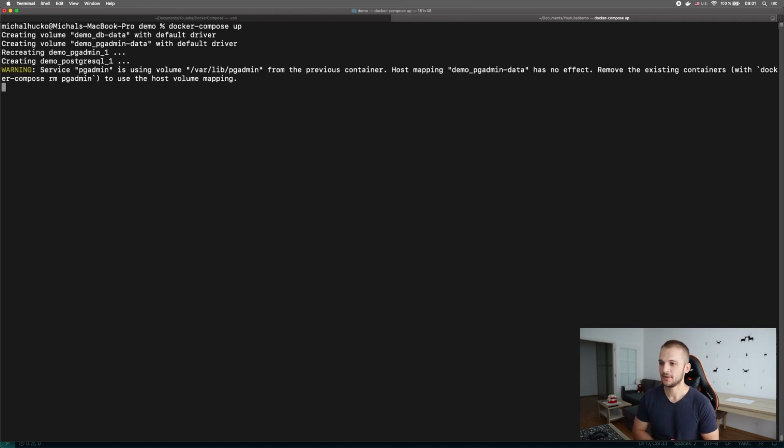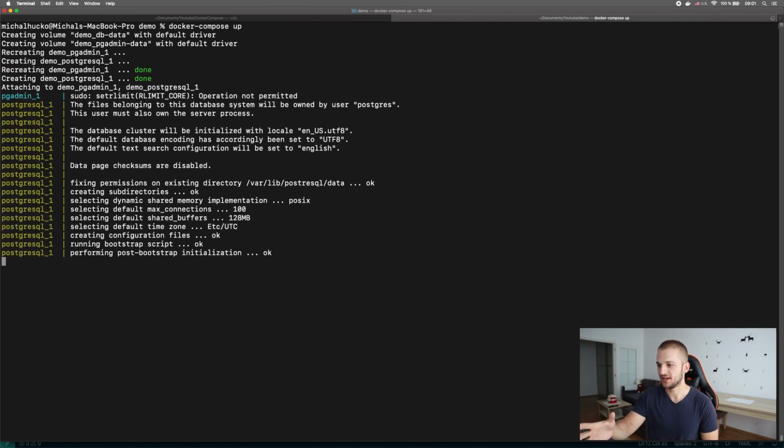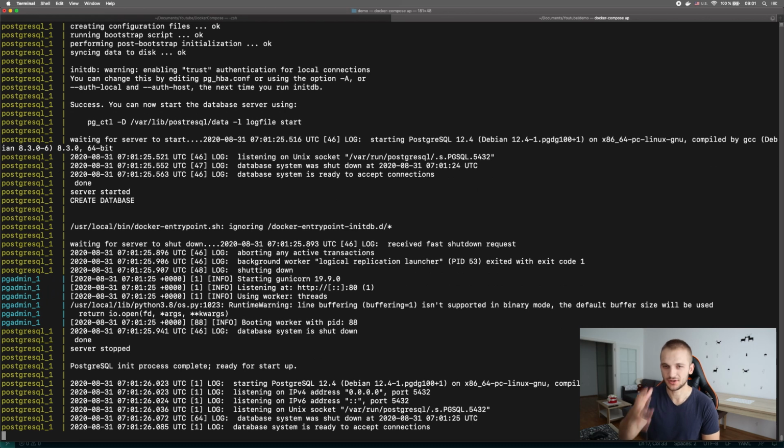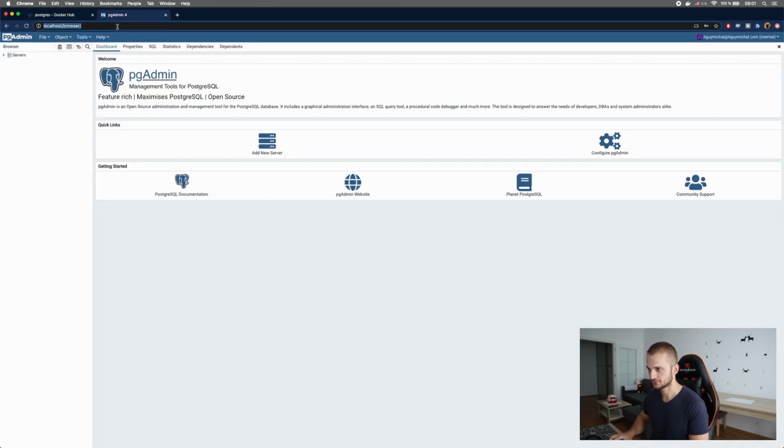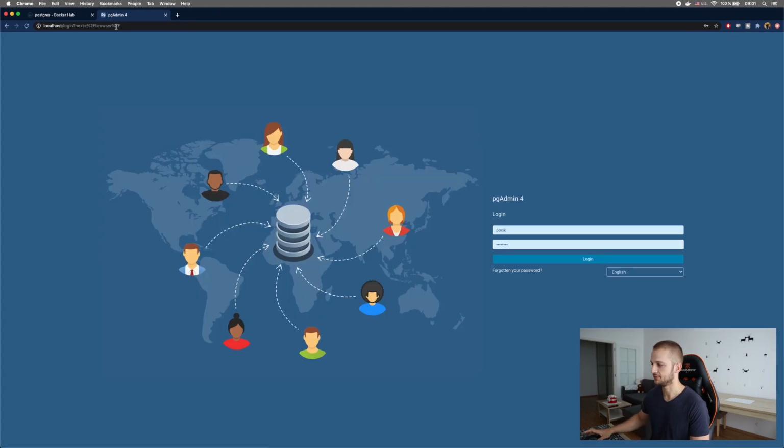It will take some time. If you don't have the images locally on your computer, you will also download some layers. You will see the layer progress, but because I have these images locally on my machine, it doesn't take too much time. So as you can see now, everything is running. So if I go back to pgAdmin, I will just reload it. You will be asked for the password again because you stopped and you changed the settings. So let's go to ItGuyMichal, and this is the